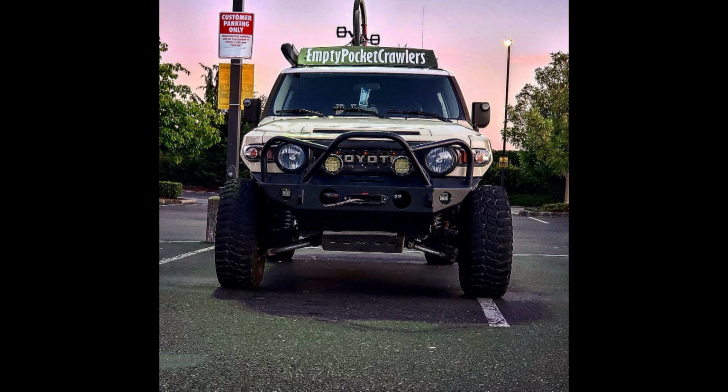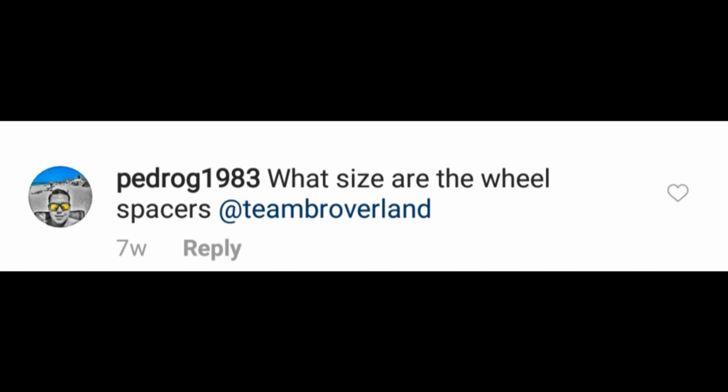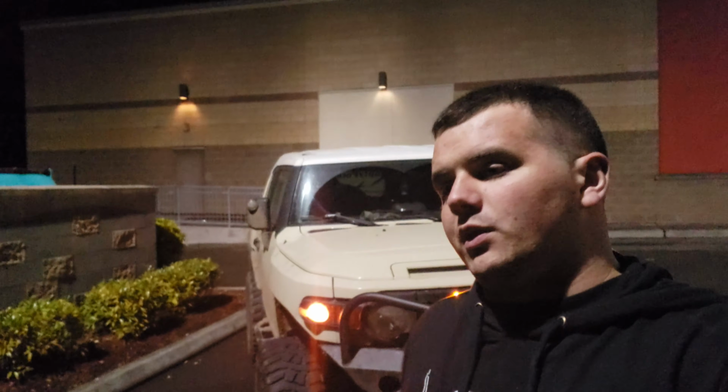Because it'll be like a picture of the front, like insert picture now. And they'll be like, what size wheel spacers do you run? Because it's so wide. I do run wheel spacers, so I don't know how much I'm allowed to complain about it. I have to run wheel spacers to clear the lower uniball unit. Either that or I have to run 17s, and I'm not trying to buy rims right now. So I do have to run wheel spacers, but